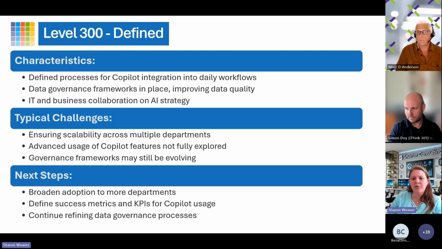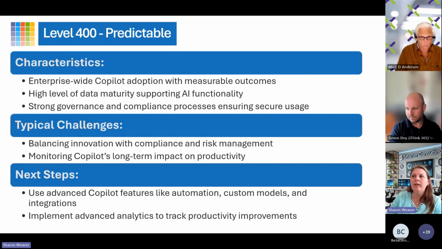And so the next steps for this group is really starting to get more people using it, really defining what the problem is, right? I think you should do this at any level, but at a 300, this is where people start saying, what problem am I trying to solve? And how do I know that I've solved it? So what are the metrics? What are the primary goals? When do I get to done? That kind of thing. And then continuing to get better around data governance, content management governance, information permissions, things like that, really getting better processes around that.